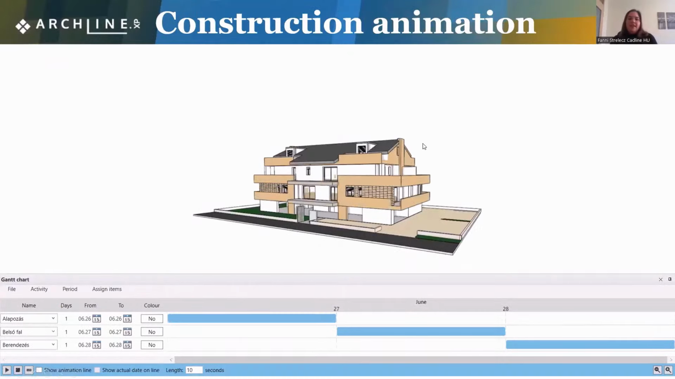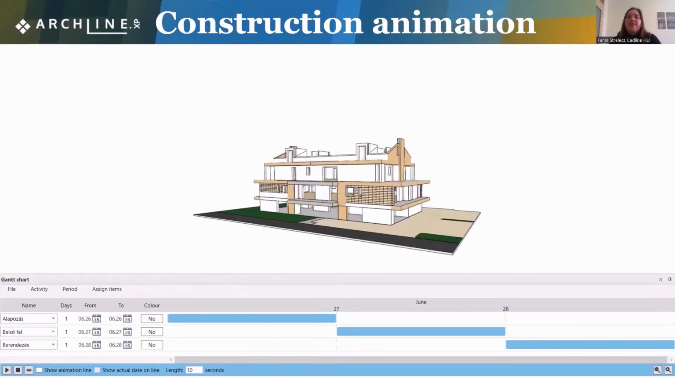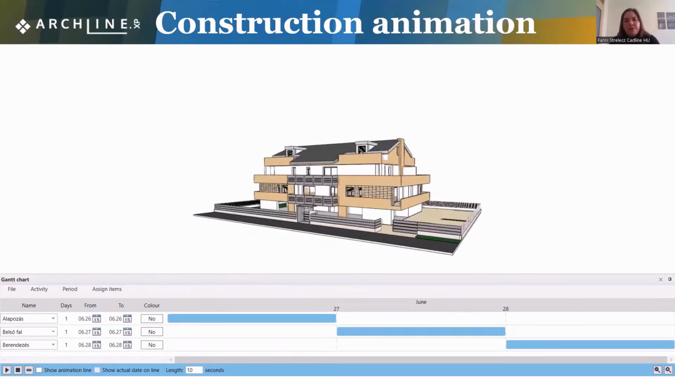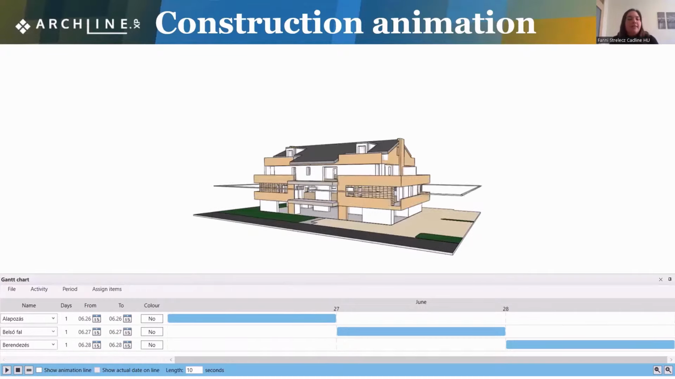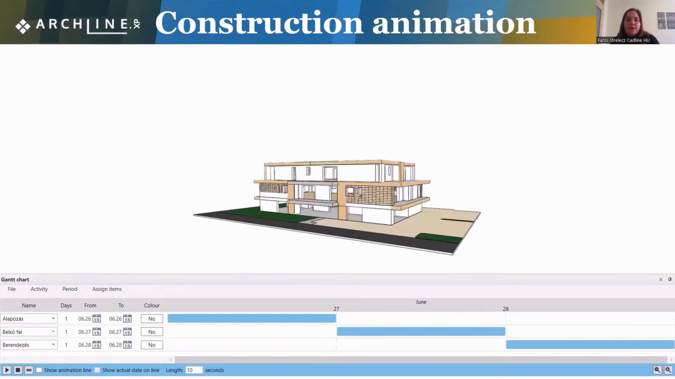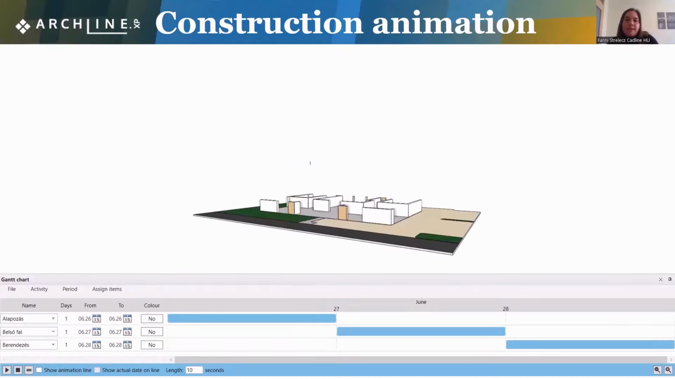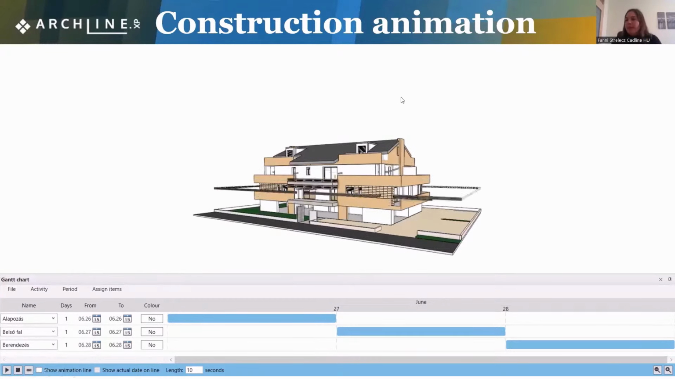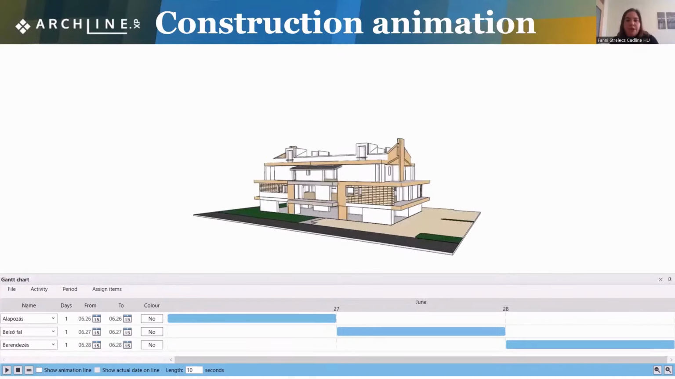Okay. And basically, our last topic is the construction animation, which visually describes the construction sequence with the program timelines. Construction simulation offers a visual representation of the project construction stages, and it is a perfect complement to your 2D drawings and schedules. It makes it easy to understand the project. The output, as you can see, is this 3D animation with short clips generated from periods and selections assigned to the